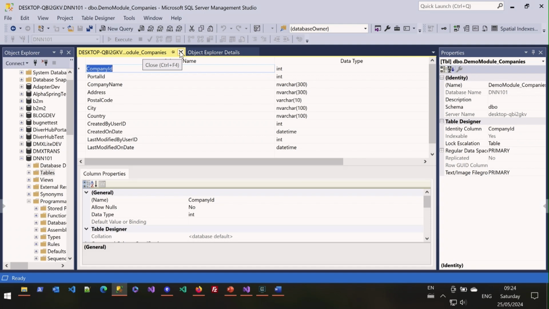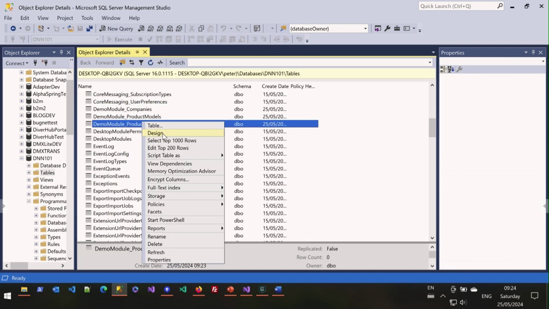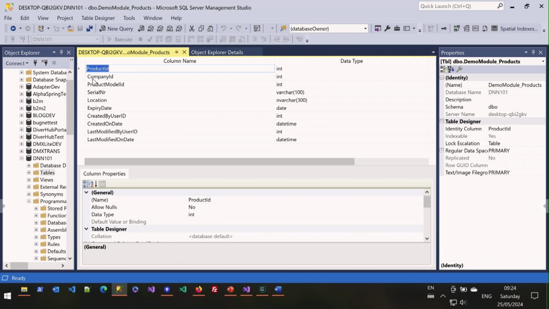You know, we're dealing with companies. The companies are accessible from wherever within the portal, so we have a portal ID. Then the companies have products. Those products are tied to that company, of course, and they have a product model ID, like they are A